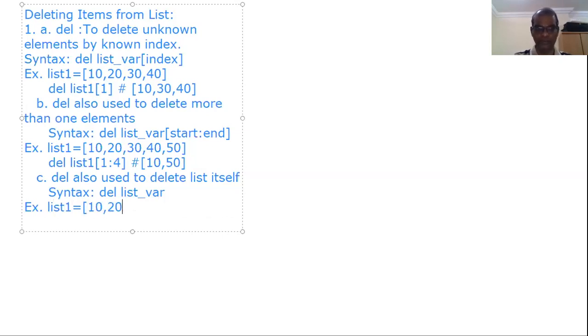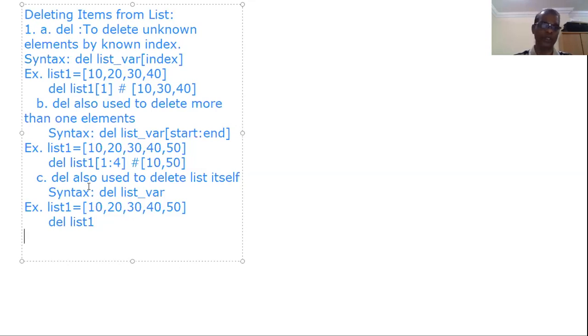Example: we are having one list here. I don't want this list. Then del list1, that's all. The whole list, all the elements will be deleted. The list itself will be deleted. So del is used to delete a single element by known index as well as more than one element by using known index. del is also used to delete the list itself. That means all the elements will be deleted, the list itself will be deleted. This one. Next one is